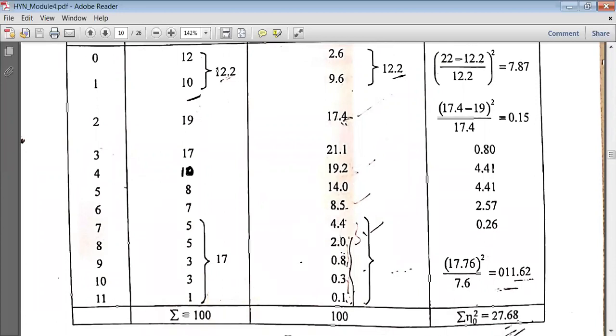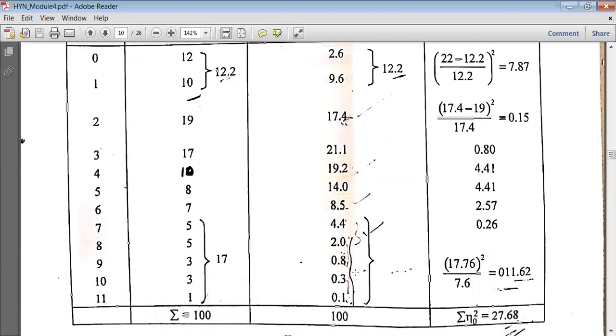Accept it. Next, coming to 4.4. 4.4 is less than 5. So what I will do, I will try to merge, add it up with the value below it, right? So 4.4 plus 2.0 you have to do. If I do 4.4 plus 2.0, you will get 6.4, which is greater than or equal to 5, so you will accept it, right? But you have to see the values which are below also. Below we have the values 0.8, 0.3, 0.1. All these three values, if I add up, I will not get greater than 5.